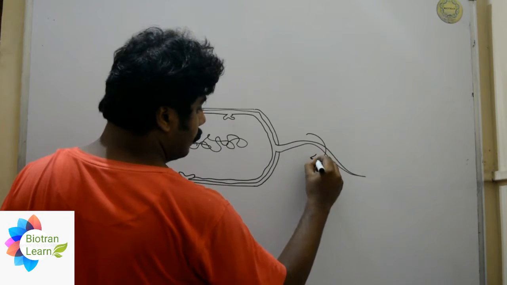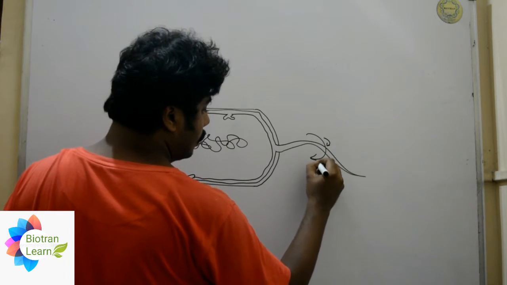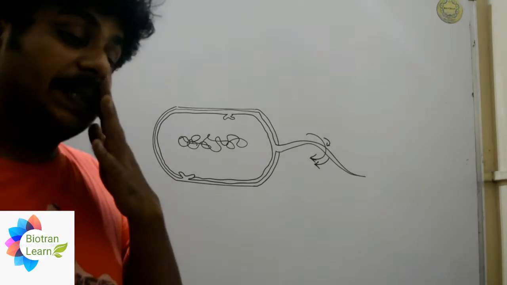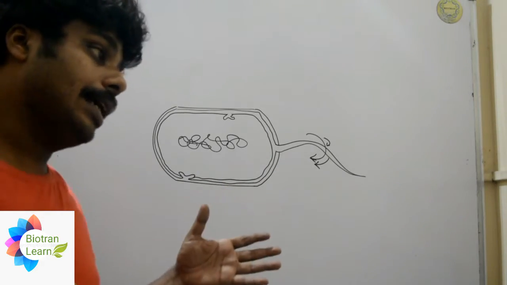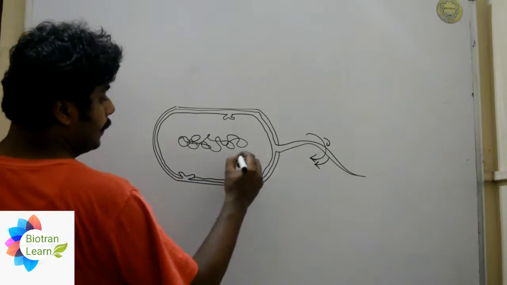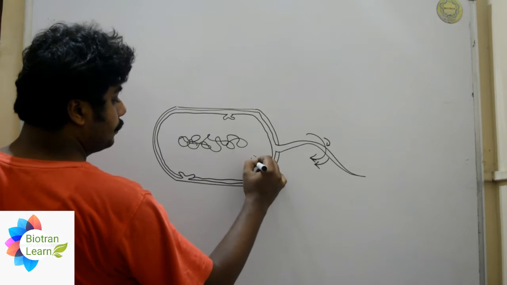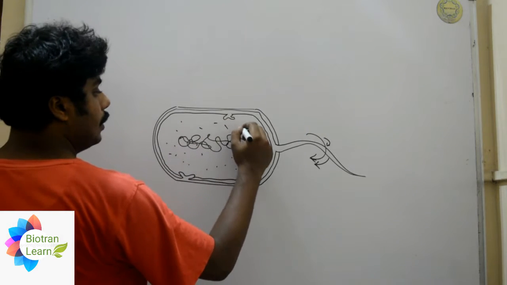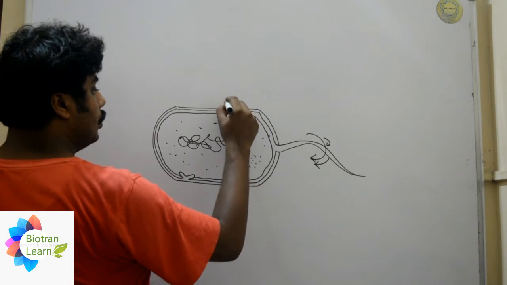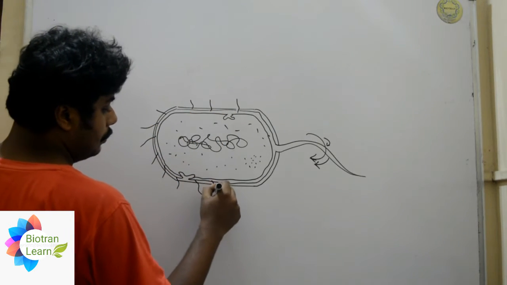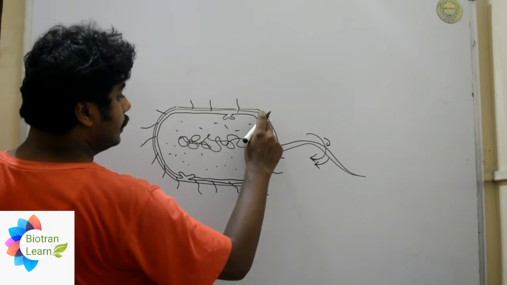And this flagellum works in a particular direction. So they turn in a particular direction while the bacteria goes for chemotaxis. That means due to some chemical signals, it can move from one place to another, right? Chemical stimulus plays a role in this case. Then we will have certain amounts of granules, right? And after these granules, we will be able to observe certain cilia in the three-dimensional structure and certain